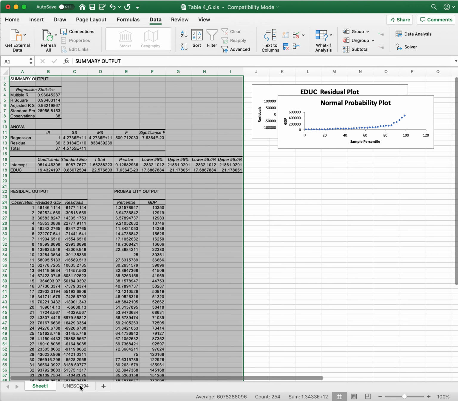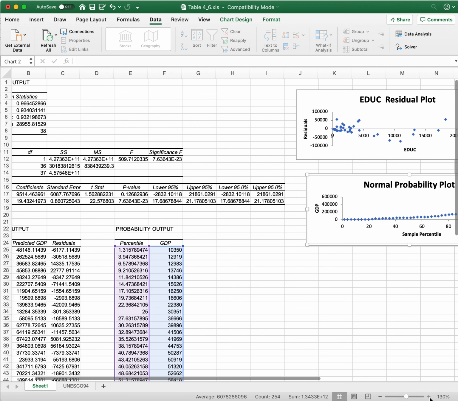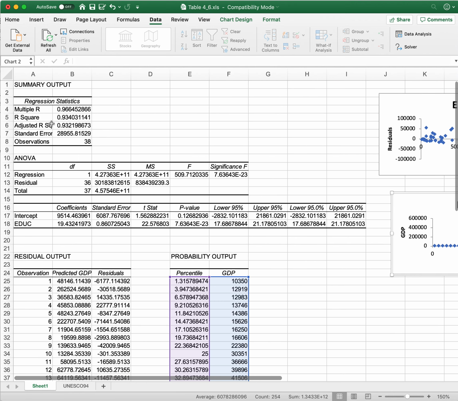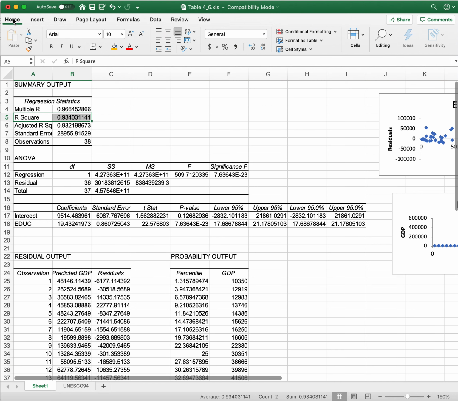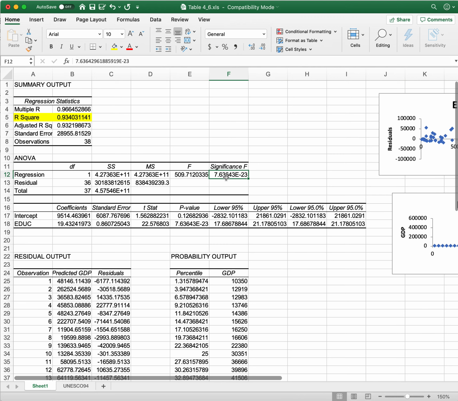And you see that it added a worksheet. I'll have to toggle between the two, but it looks the same, but my R squared is 94.3%. So that's really awesome. Now, if you look at the significance level, it's way more impressive. It's 7.63 times 10 to the minus 23rd power, which means that